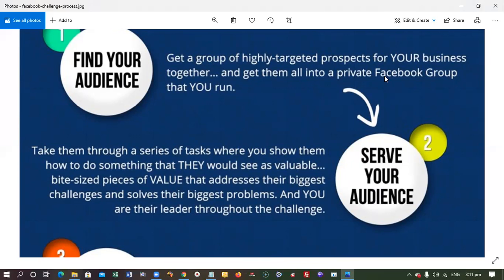So in that one, you need to have the end in mind. Now that you know, maybe you want to recruit people into your business, then what type of people do you want to recruit? Are they unemployed? Are they employed and struggling with jobs? Or are they people looking to make money online? You see, so once you know your audience, bring all these people together in your Facebook group.